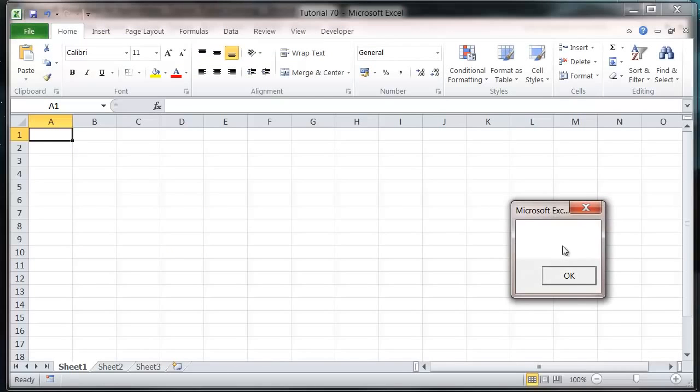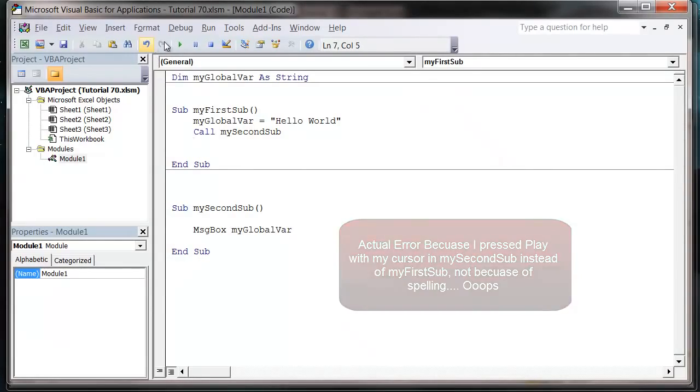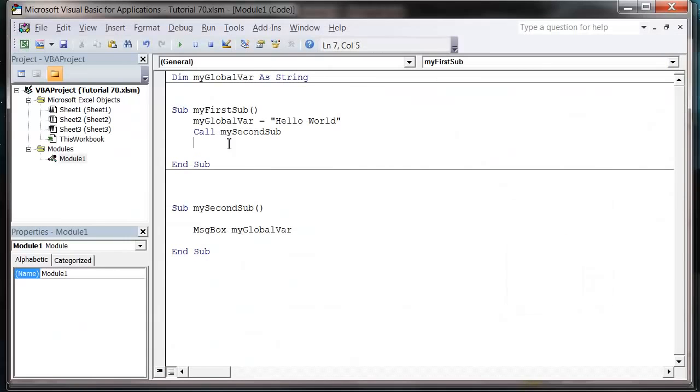So let's press play, and you'll notice it comes up blank because somewhere along the line I must have typed it wrong, I think. myGlobalVar, myGlobalVar, myGlobalVar. Press play, hello world. Okay, so one of them must have been typed wrong. So play, hello world, cool. So that's working now. So we're assigning hello world in the sub to the global variable, calling my second sub, and then in the second sub we're using the same variable